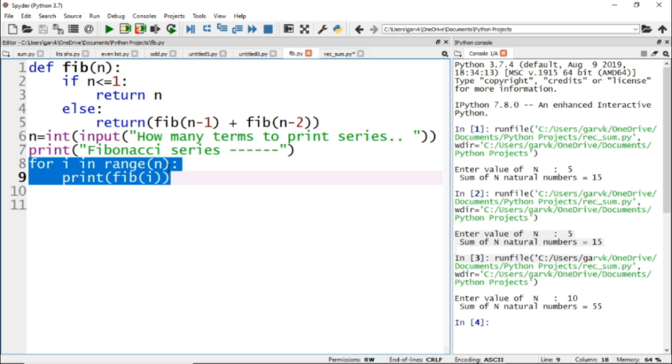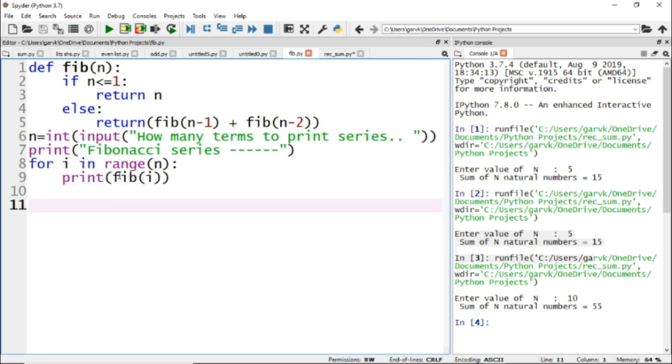So I will call this in a loop. For i in range n, say I have given 5. The value of n is 5, so this loop will run 5 times, 0 to 4. As you know, Python takes 1 less. So the total number of times will be 5, but it will be from 0 to 4.